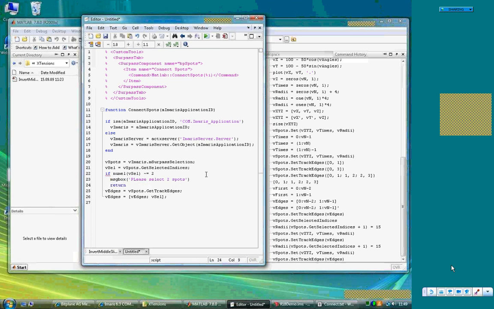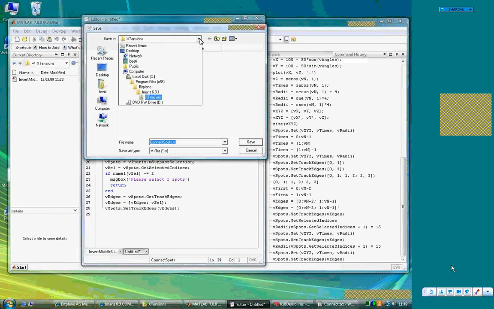But if we have 2 of them, here in the edges we have spots indices exactly like the selected indices. So they are perfectly compatible, and we can have them this way, and then we just have to set them back. This way, we save always in the extensions folder. Save it,